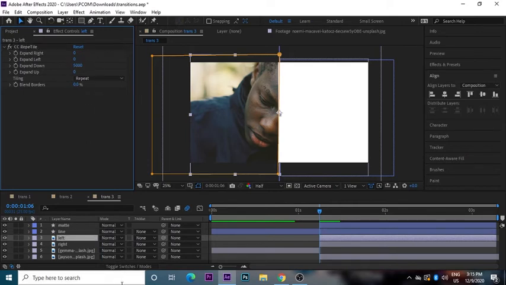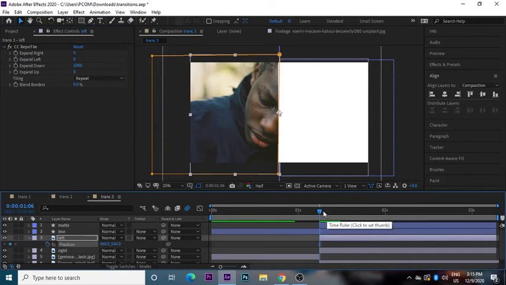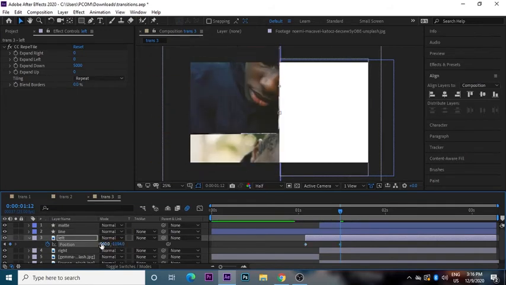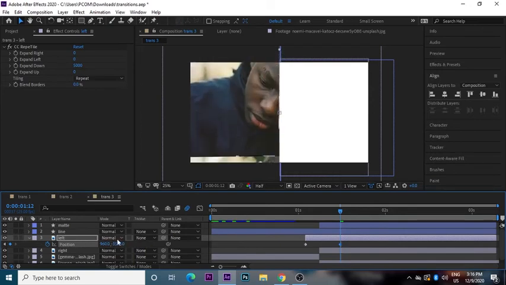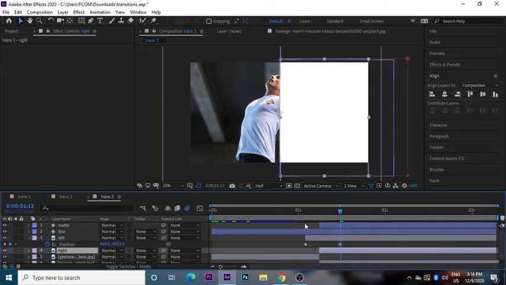Now press P, add a position, go to around a little bit longer, something like so, and just make this layer a little bit longer, like this, and until the animation starts here, just make it go all the way towards up. So now we have this animation, something like this.